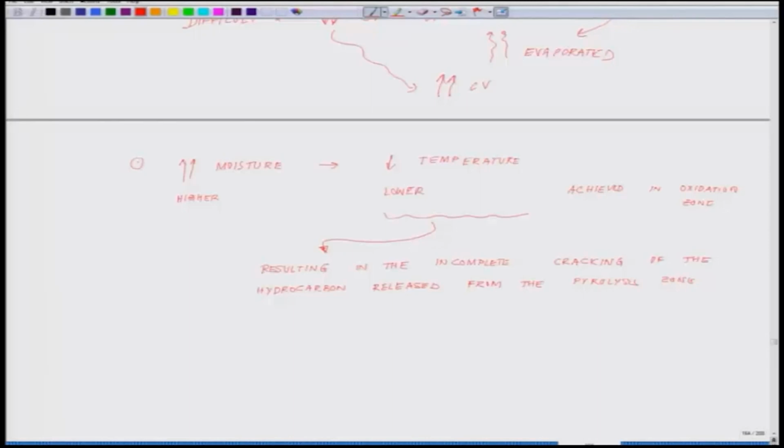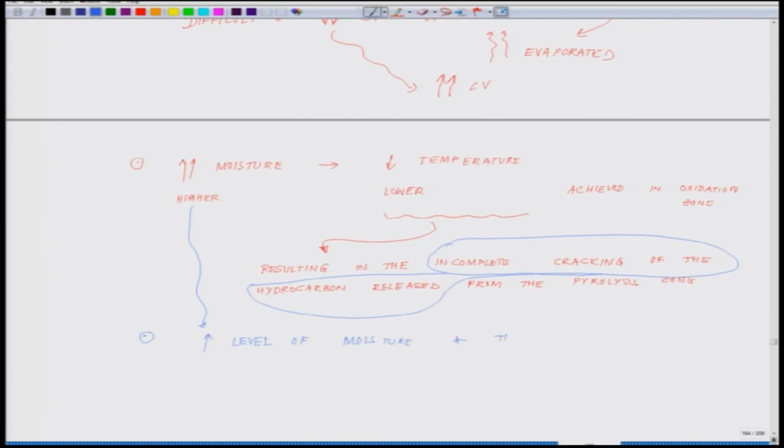Okay. So, coming back, this will lead to the incomplete. So, critical point, a take home message here is that incomplete cracking of the hydrocarbon. This is the most critical aspect in the pyrolysis zone, and this further leads to something very interesting. Higher level of moisture, higher. So, this arrow is again the same arrow, higher level of moisture